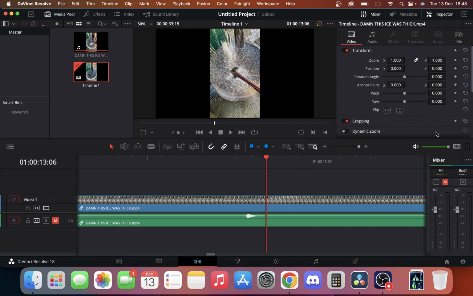So today we'll take a look at how you can freeze a frame or hold a frame in DaVinci Resolve, and it's pretty simple. All we want to do is find our video, put it on the timeline. Once we've found the frame we want to freeze or hold, we're just going to select it. So you can see here we have this hammer hitting some ice, we've got some cool splashback, and I want